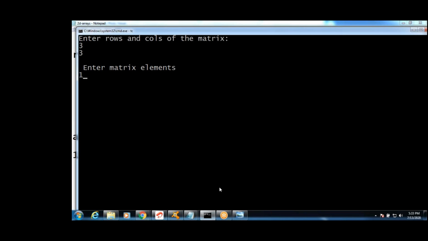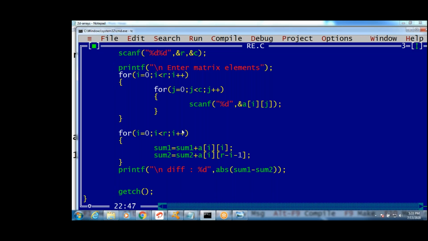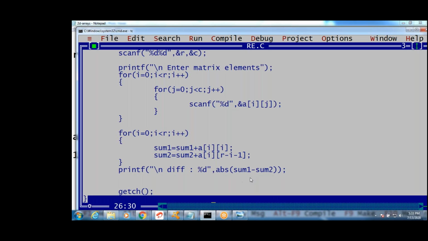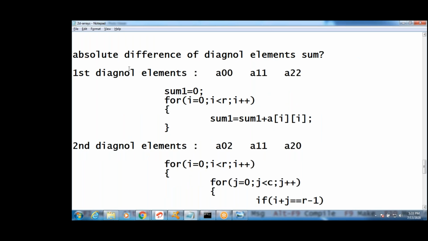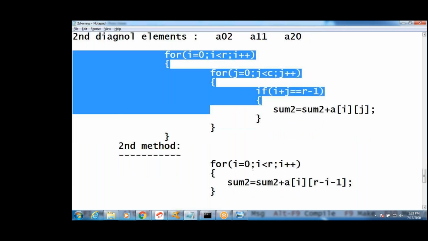Same like this you can write the two diagonal sums. You can write the model like this. First diagonal elements, first diagonal sum, second diagonal sum. You can write this model or this model. Okay, first write this, guys. First diagonal elements, absolute difference of diagonal elements sum. Right, first a00, a11, this